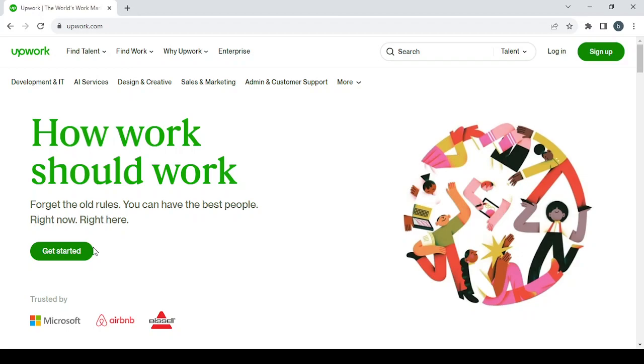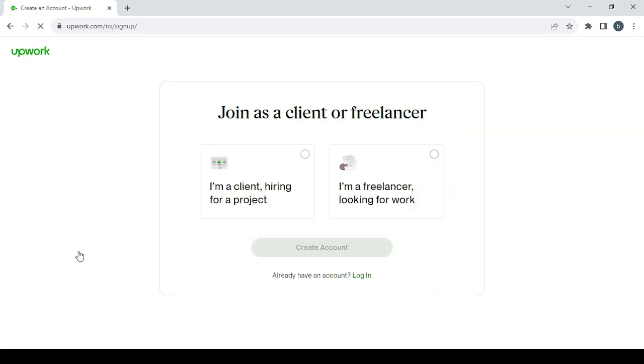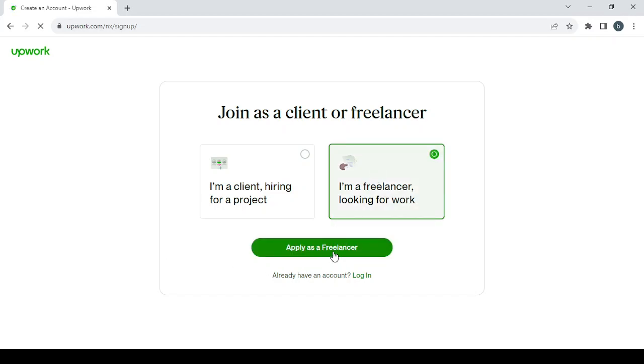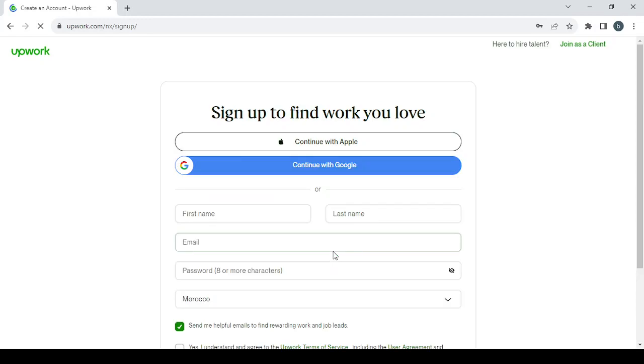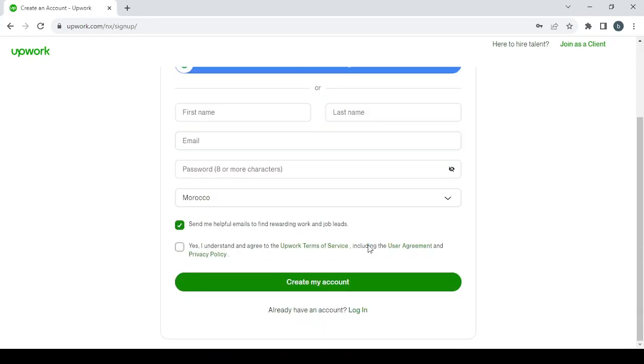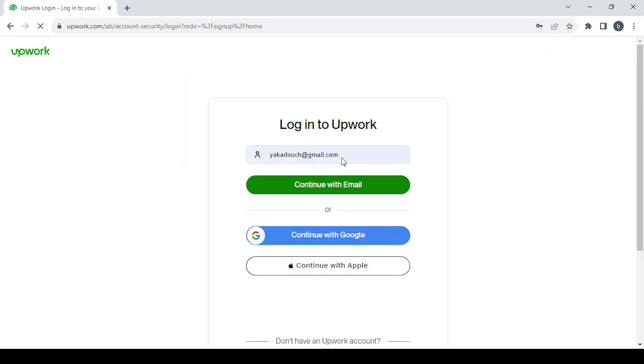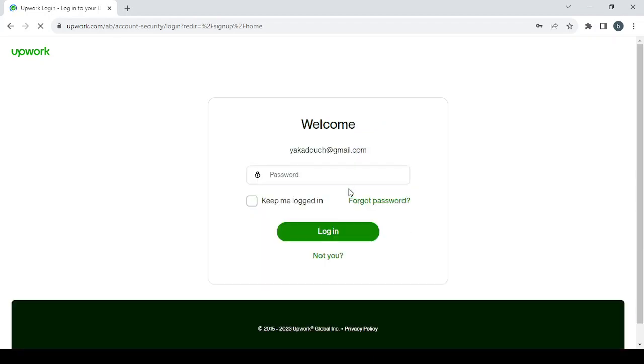So let's get started by creating our account. And here, make sure to join as a freelancer. I'm a freelancer looking for work. Apply as a freelancer. Then fill the usual information, first name, last name, and so on. After that, click on create my account. For me, I'm just going to log in. I've already created my account, so just wait for me in the profile creation while I'm logging in,